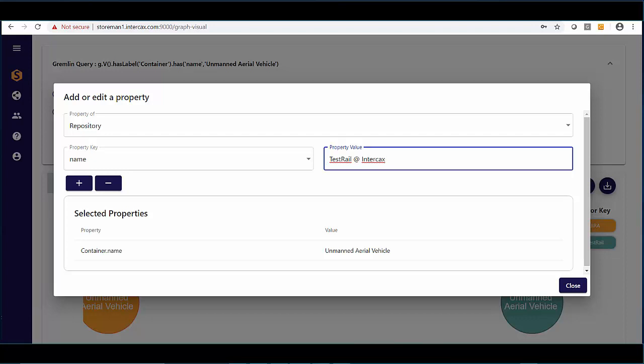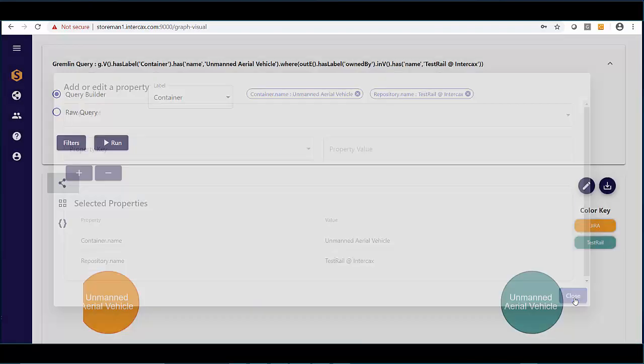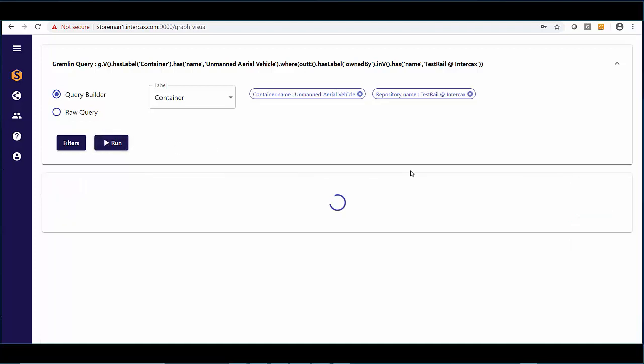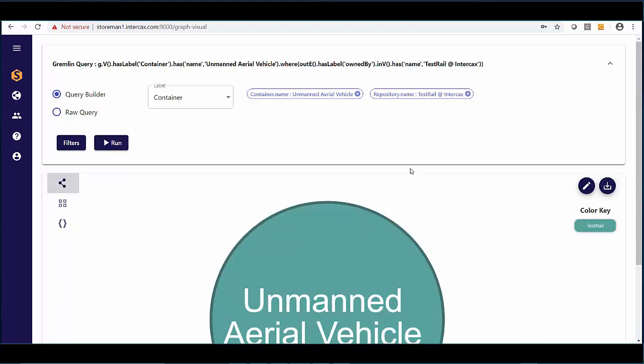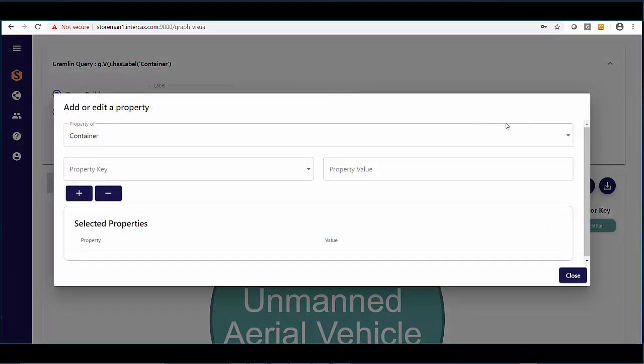I click plus again to add it to the filter list and close. A new filter marker appears, and the Gremlin query at the top is longer. If you followed the 18.2 video, this new conditional should be familiar. Running the query leaves only a single TestRail container. We can also filter by container type. We'll delete the 2 current filters by clicking on the X in the filter markers and add a new filter, selecting Container Type,